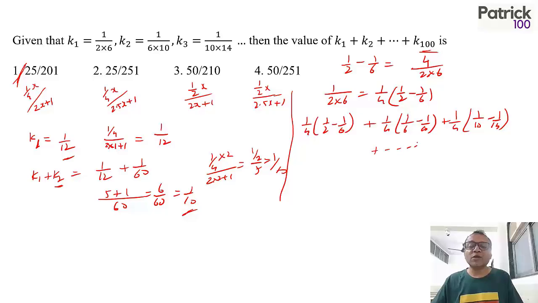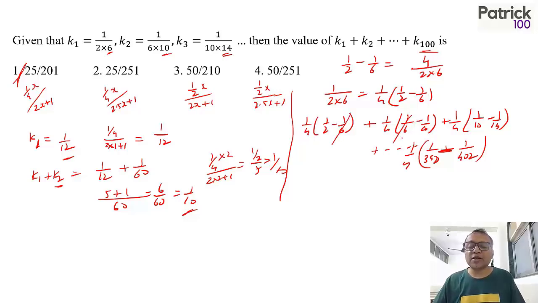Look at all these numbers: 4 into 1 plus 2, 4 into 2 plus 2, 4 into 3 plus 2. The last term will be 4 into 100 plus 2, which is 402. Then 1 upon 398 minus